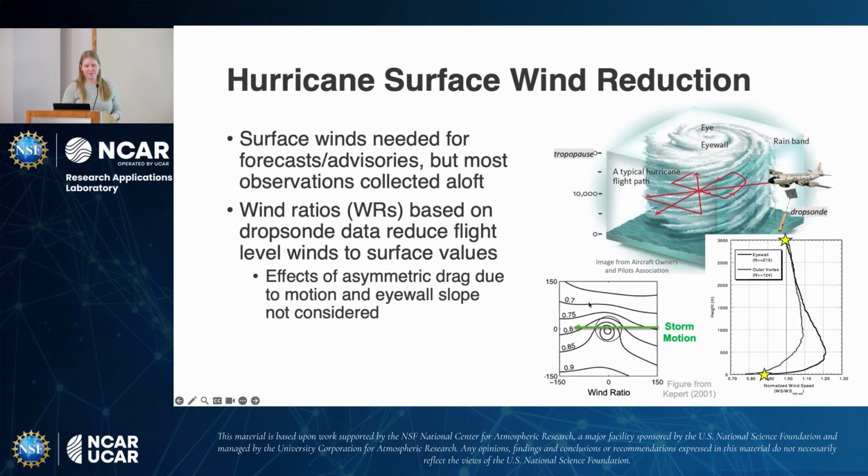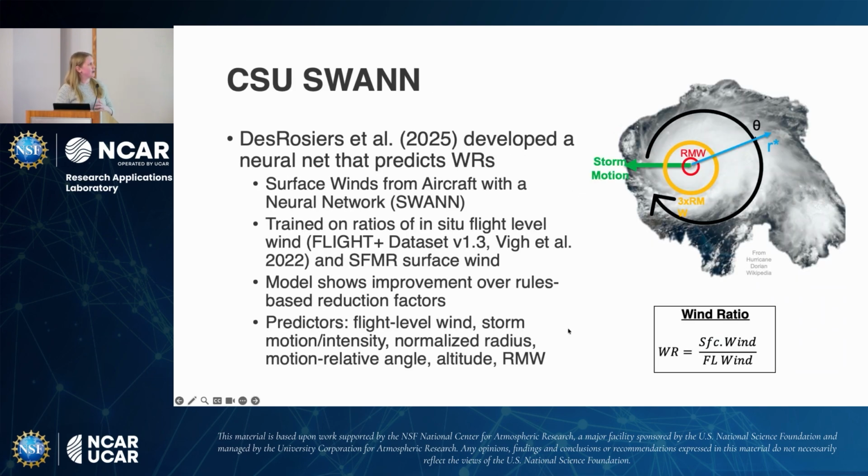Sorry about that. But basically, you see on the top part of the figure, it's 0.7. At the bottom, it's 0.9. So there's an asymmetry due to motion. So Alex developed a neural network that predicts these wind ratios to hopefully incorporate some of this additional complexity into